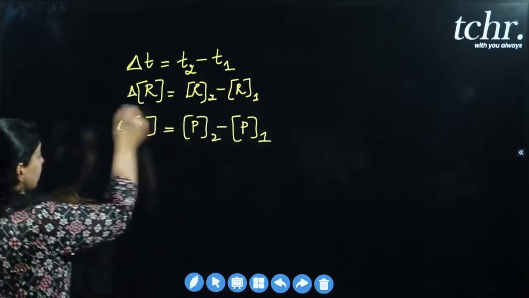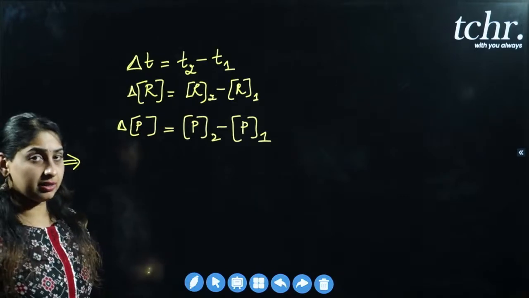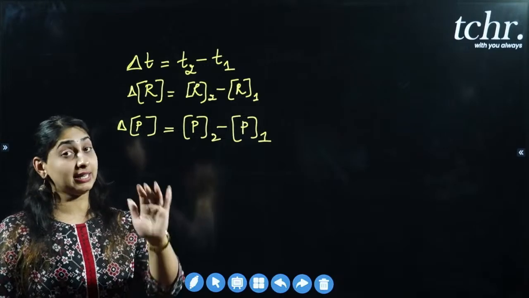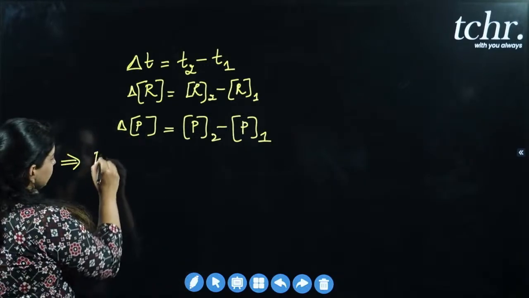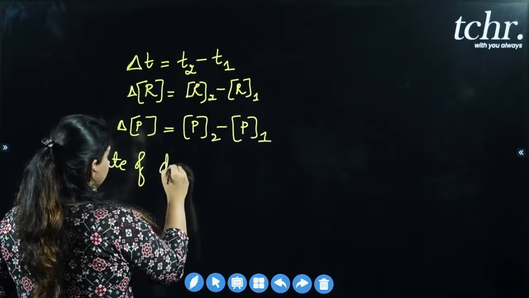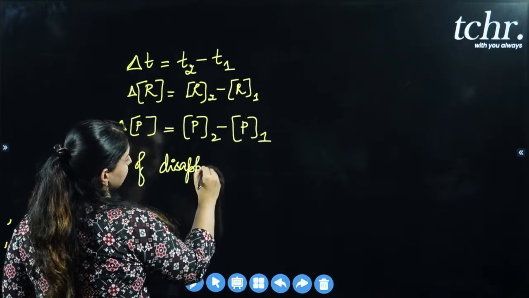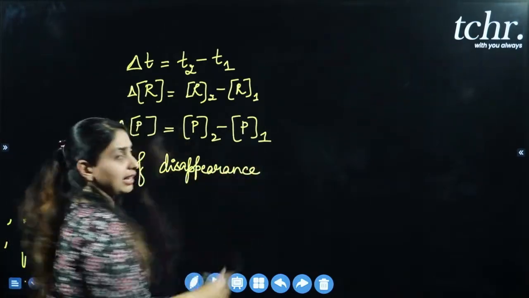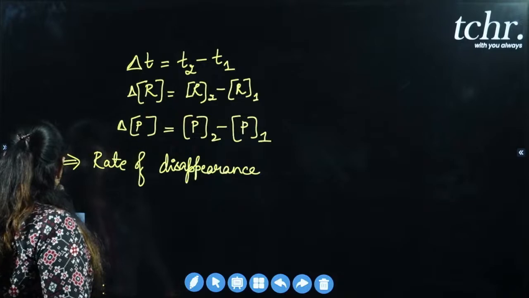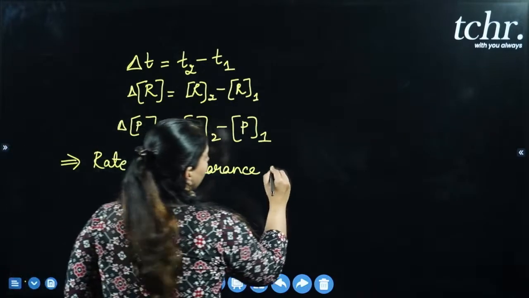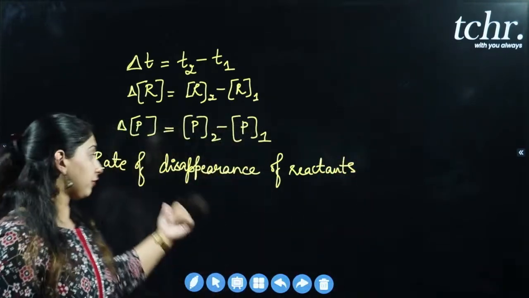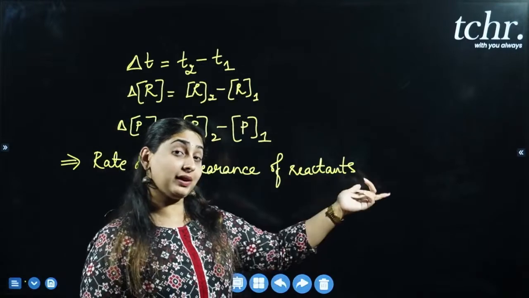But now come back to this and let me know, looking at the trend, you said that, or we discussed that as the reaction proceeds, the concentration of the reactants decreases. So ಹಾಗಾಗಿ, can I write it this way? Rate of disappearance. ಅಲ್ವಾ, reactants ಏನಾಗುತ್ತೆ? Reaction proceed ಆಗ್ತಾ ಆಗ್ತಾ reactants ಕಡಿಮೆ ಆಗ್ತಾ ಹೋಗುತ್ತೆ. So rate of disappearance of reactants, right? Rate of disappearance of reactants will be equal to the rate of appearance of products.